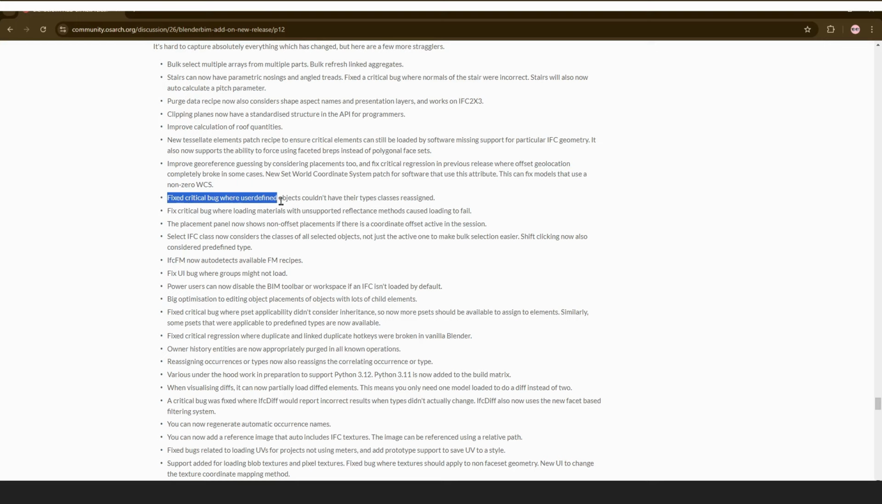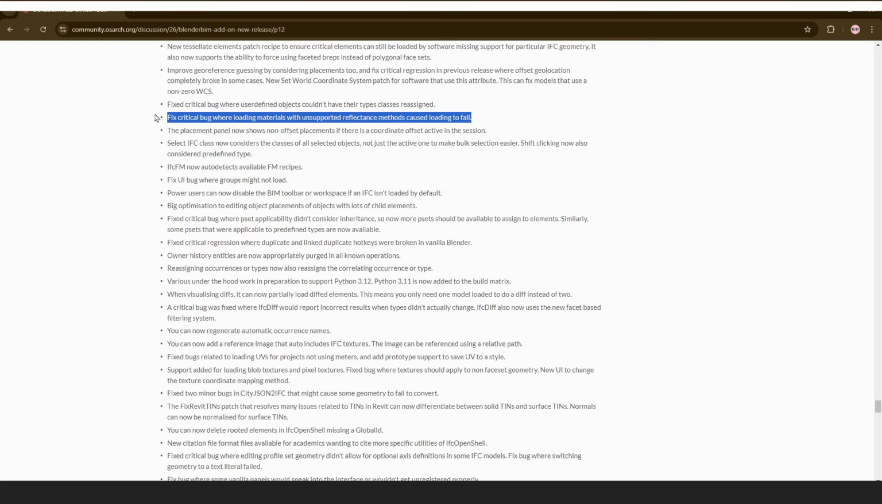Fix critical bug where user-defined objects couldn't have their type classes reassigned. It's quite annoying. Fix critical bug where loading materials with unsupported reflectance methods caused loading to fail. The placement panel now shows non-offset placements if there is a coordinate offset active in the session. Brilliant. Select IFC class now considers the classes of all selected objects, not just the active one, to make bulk